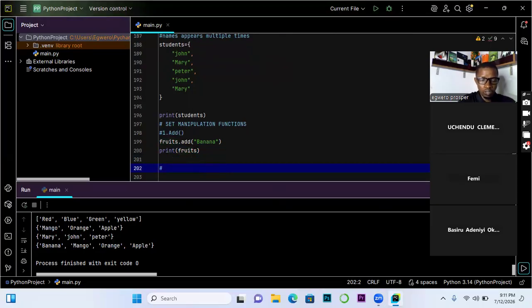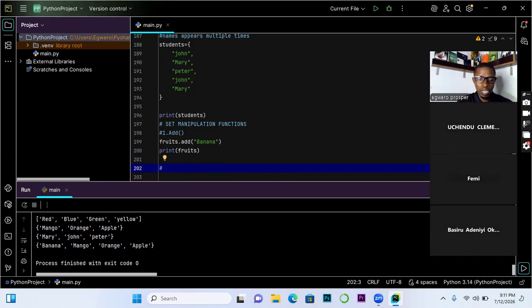So the next one, please feel free to ask questions. If you're not asking questions, it means I'll just run through everything and then we take everything as an assignment, though they are simple. I told us last time why I spent the whole of that session on dictionary. Once you understand list and dictionary, you can see that the structures are almost the same. That is why we're able to take two.